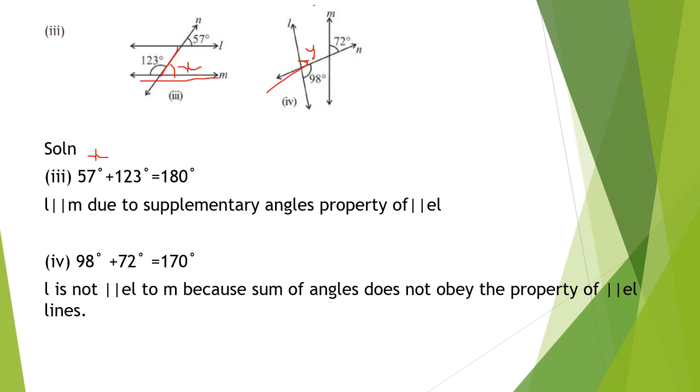Okay, so those who feel comfortable with what I have taught for the second problem, no problem, you continue that for 3 and 4, or else you can follow this method. This one you are understanding and you are writing. You are applying the corresponding angle concept, and there you are using the linear pair method. Okay, if you find it difficult, go for the second method, no problem. Your second problem, how we have done it and how we have found out the value of x. If you are comfortable with that method, go for that.